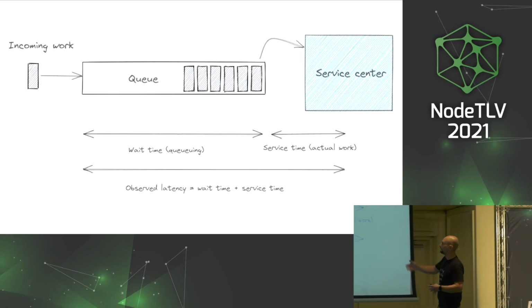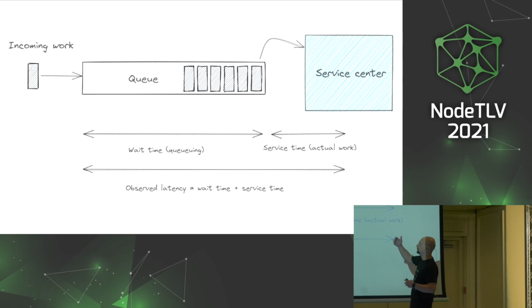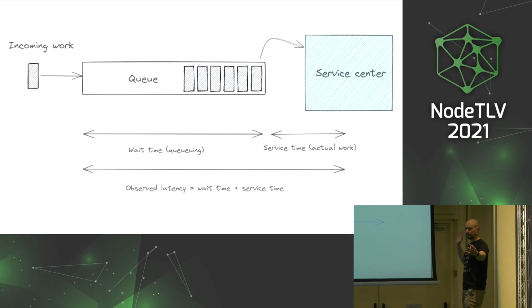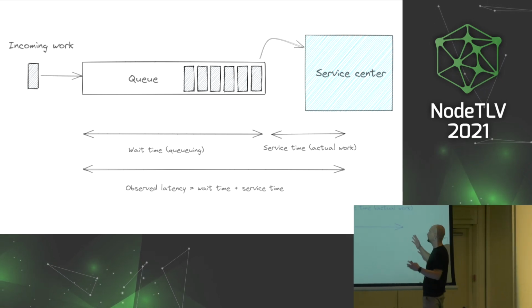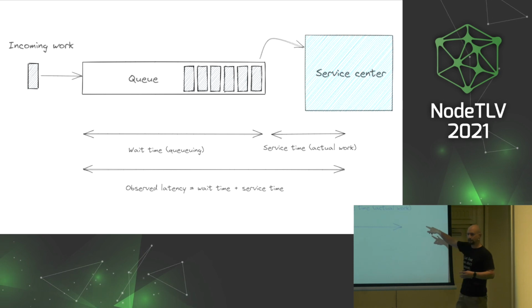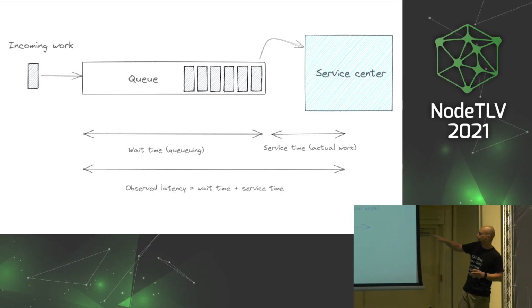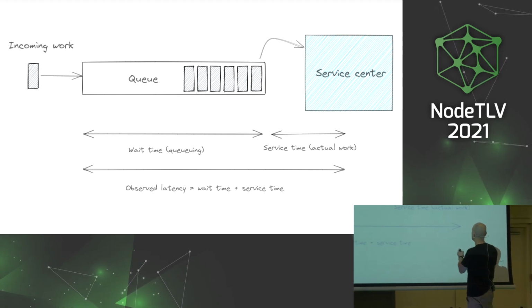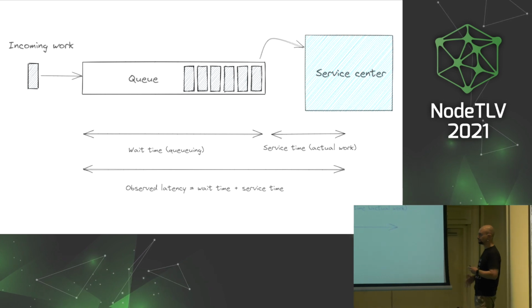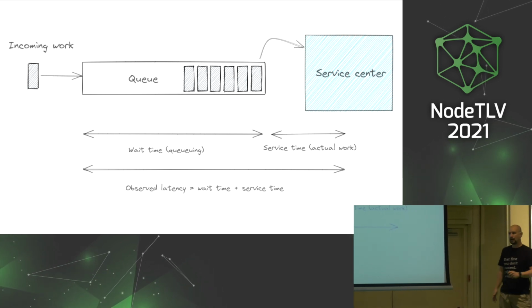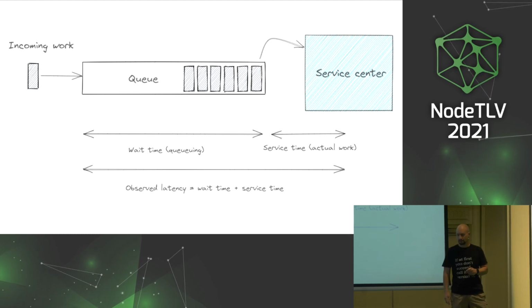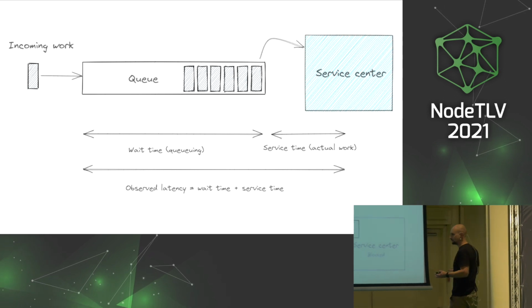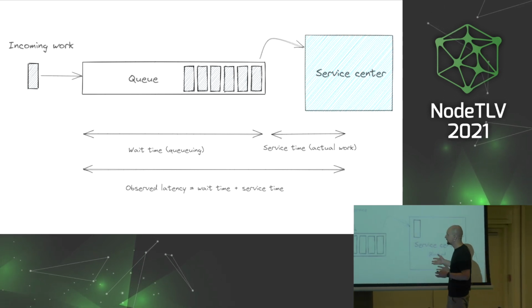So now that we understand a little bit about statistics, let's talk about queues. So what is a queue? This is the basic structure of a queue. Basically, we have a service center that is doing some work, servicing some load. And we have incoming work, and that work is being queued in a buffer, some storage space. And when we talk about latency, latency is actually composed of two things. It's composed of the time that it took to service the request, the actual work, and the time that we spent waiting in the queue. Okay? So the wait time plus the service time, this is the latency that we observe. Okay? And the question is then, how long are we going to wait in the queue?